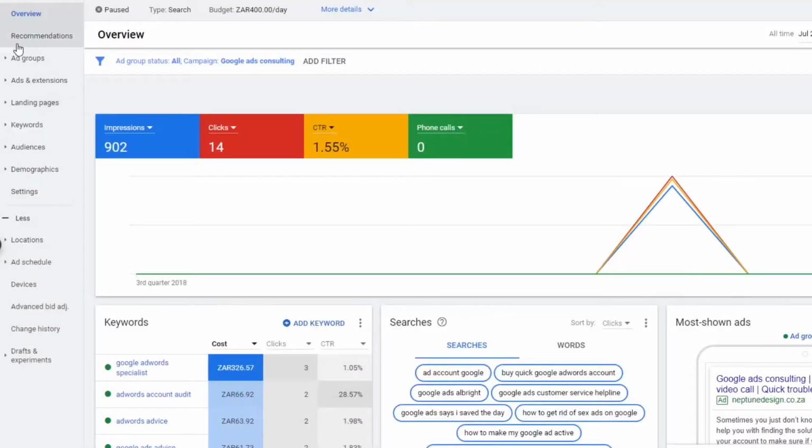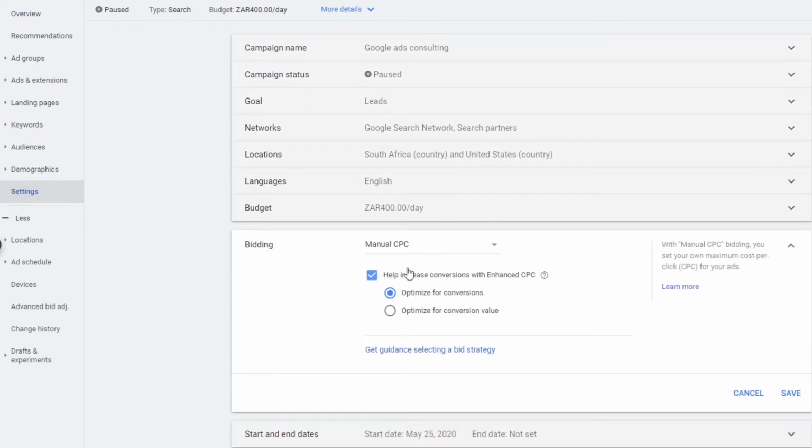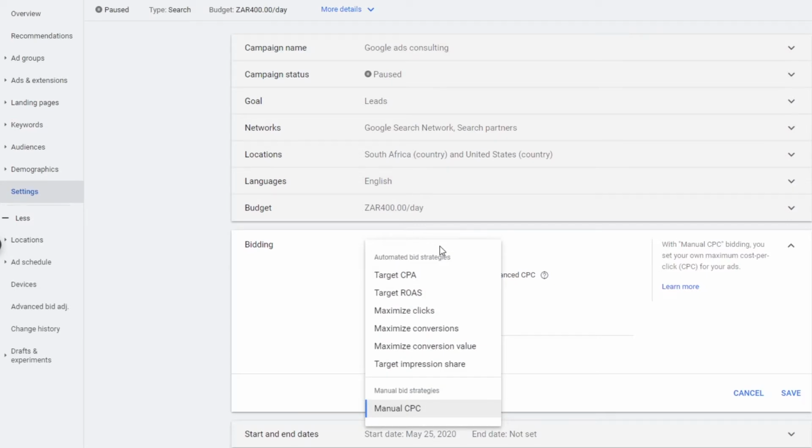Guys, this thing is extremely simple. You need to understand bidding settings if you want to master the costs on your Google Ads account. It's just that simple. If you don't understand bidding settings, you're never going to get to the point where you control the costs accurately with your Google Ads. So I could bore you and give you a whole 20-minute presentation of each bidding setting and what it does and stuff like that, but you're busy. So what I'm going to do is I'm going to link a video in the description below, and I'm going to tell you every single thing you need to know about bidding settings in that video.